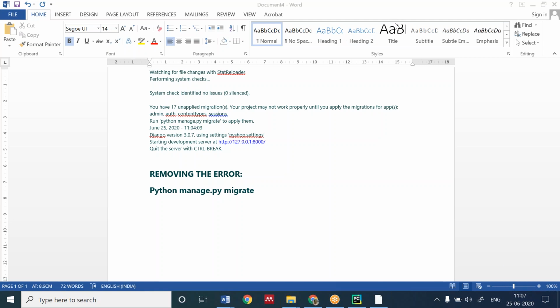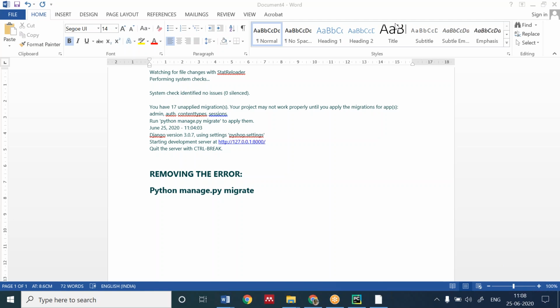Okay, as soon as you migrate, what is that doing? Basically, we have some apps which we have created, but we have not linked them with the database, or done anything to migrate them from one end to another. That's why we are running migrate.